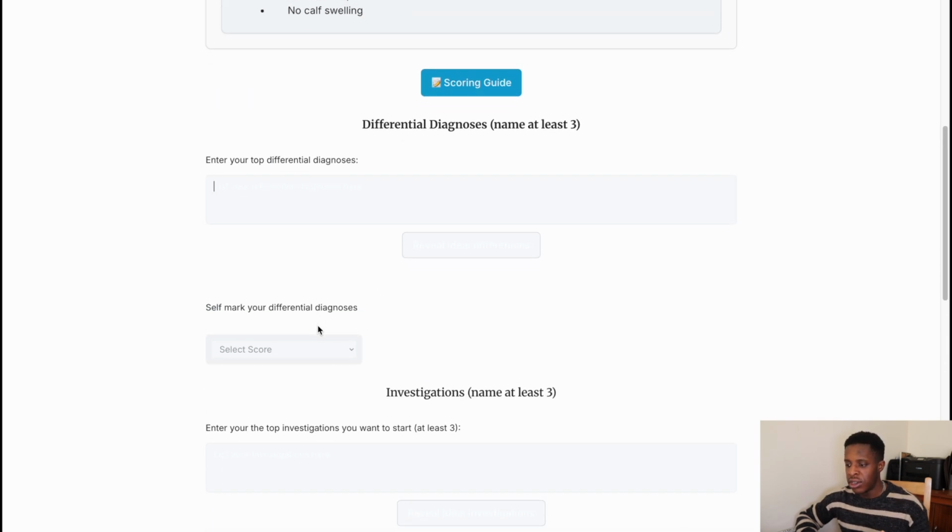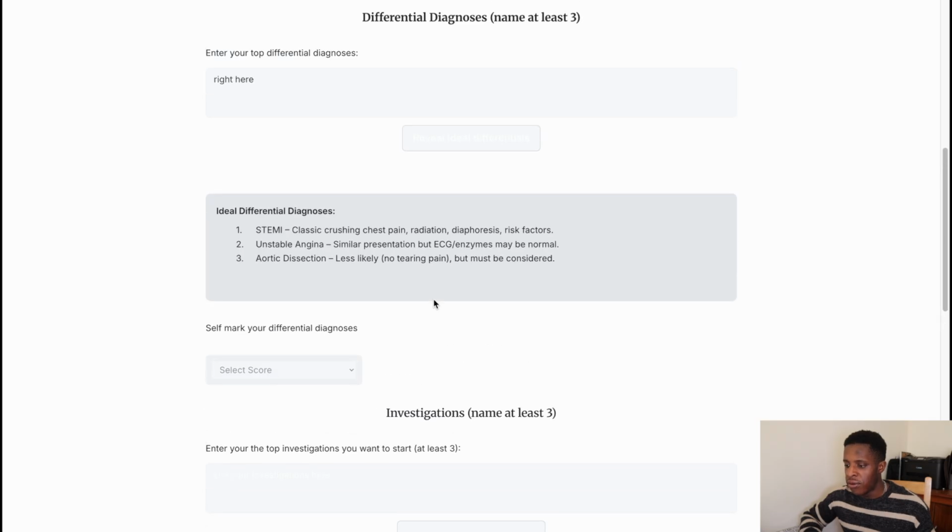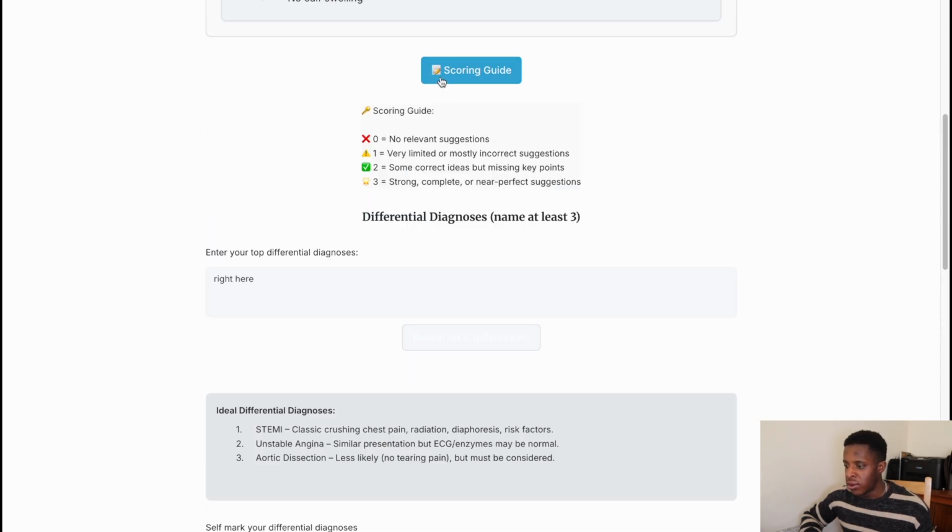Okay, so you'd go through each of those points. You would type it in here. I'll just type in right here. Then you can click reveal ideal differentials, and this is what your ideal differential would be. Then based off of the score that you have, you can click the scoring guide to have a look at